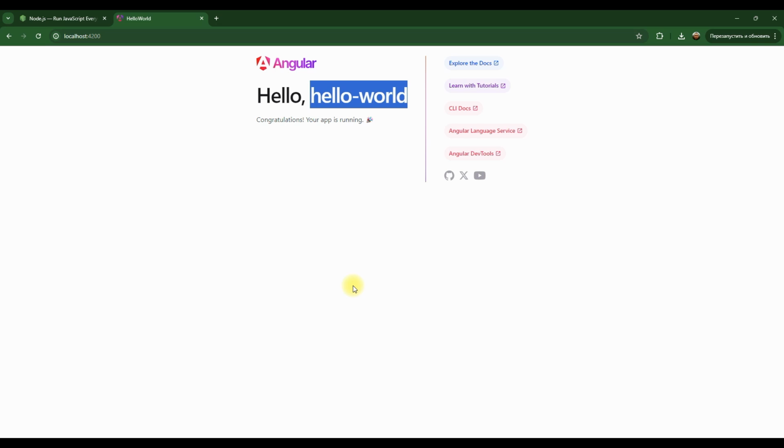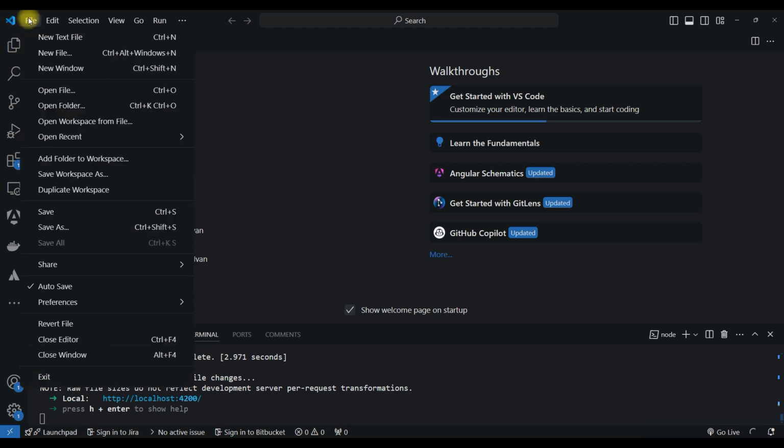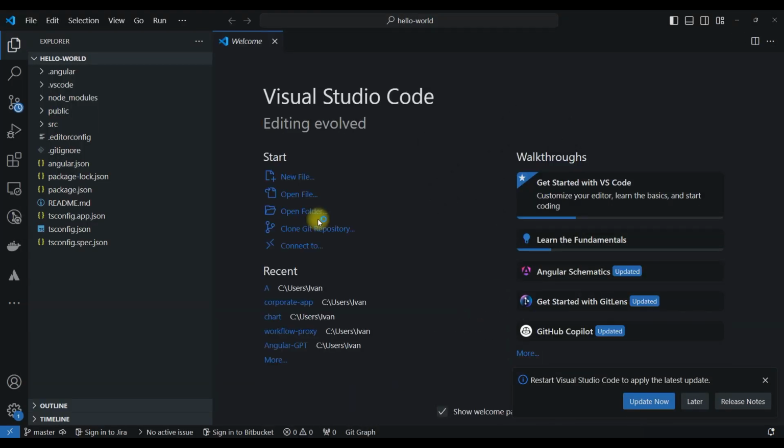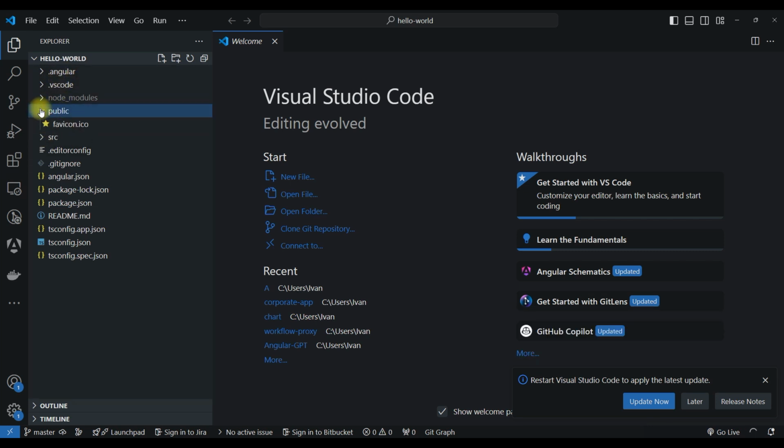And let's check how it looks. So we open our folder hello world, and as you can see, we have some files and some folders. So this is public, favicon icon,